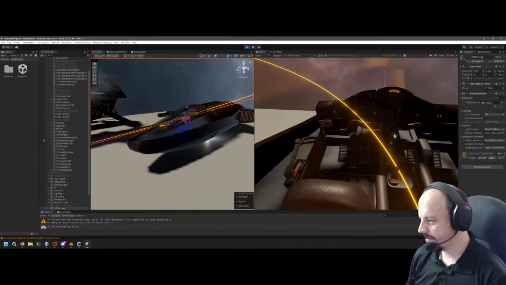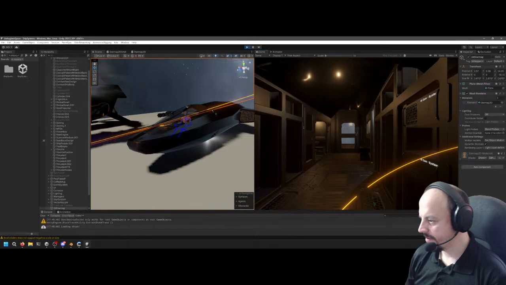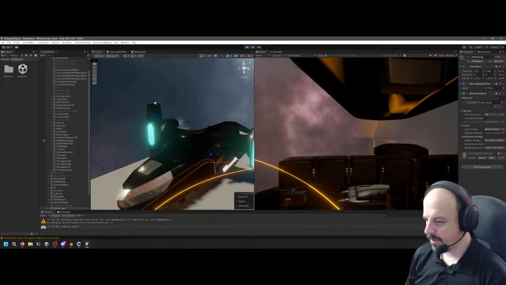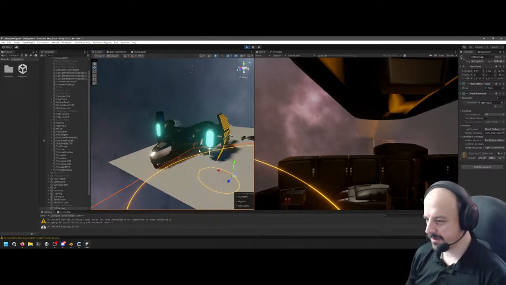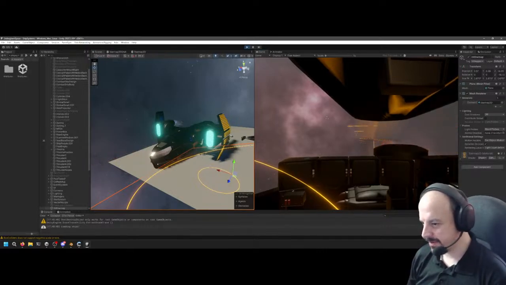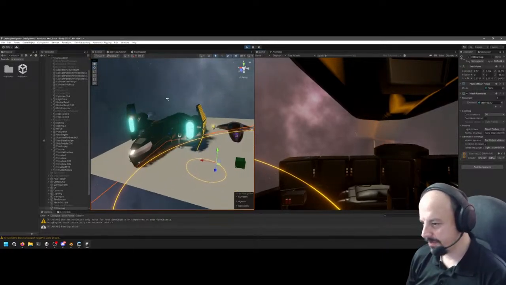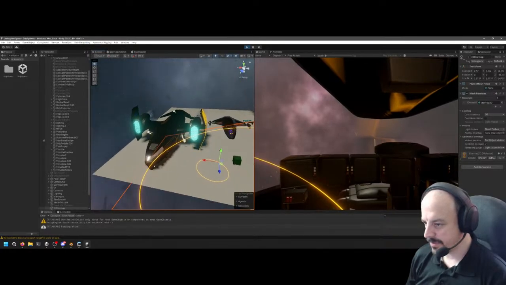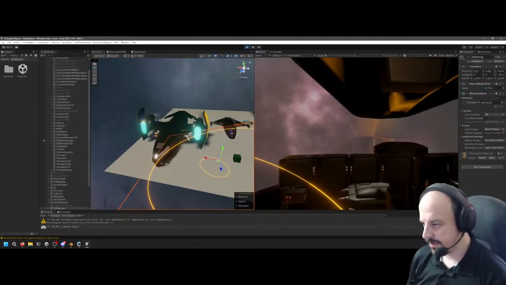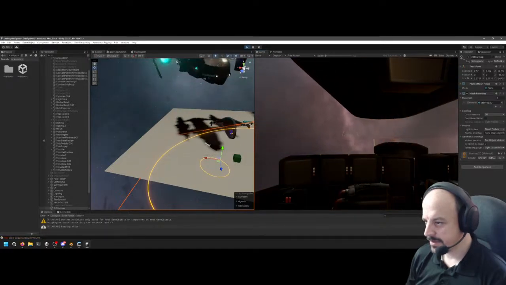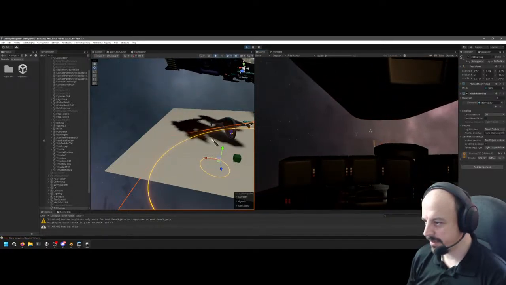But check out the flight model here, right? So we're gonna look at the ship here. So ignore this. This is because the existing cannon is still attached. So the other one's firing perfectly, but that one's kind of janky, but that's okay. But watch the thruster simulation. So let me give it some power. And yeah, it's a fully simulated flight model. All the mass of the ship is fully simulated.